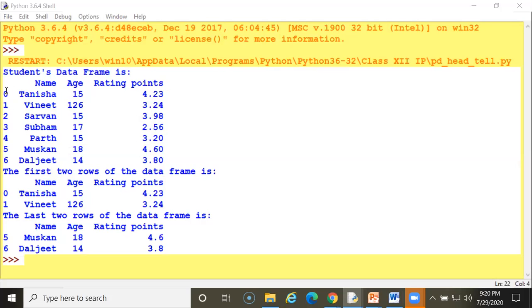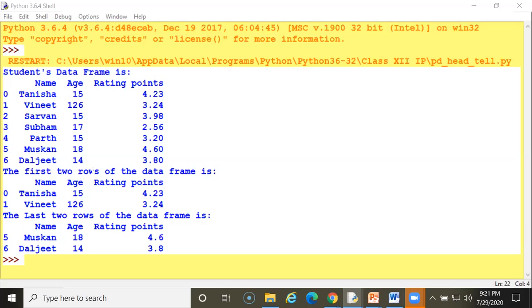So these are the values under this series, automatically created by the data frame. Beginning with zero, the beginning position will be zero. The first value, which is Tanisha, is in the zeroth position. Now rating with the 8. So 7 records are there, but beginning with the zeroth position.